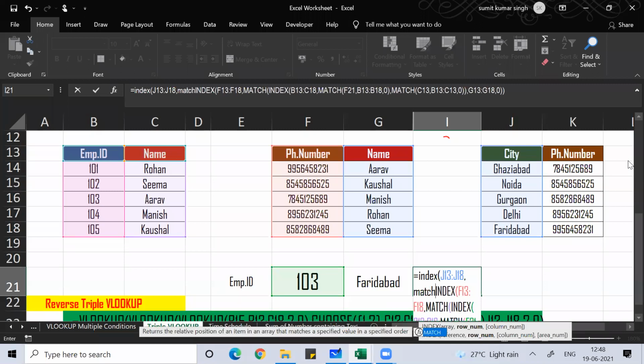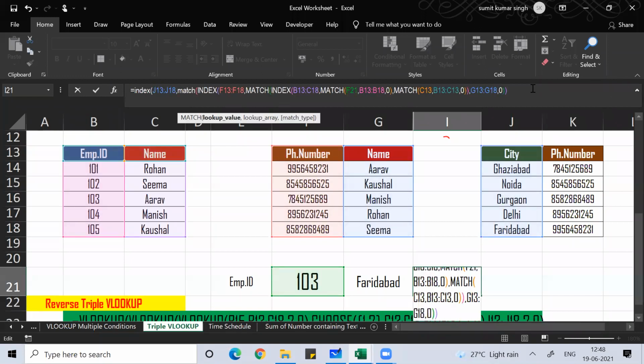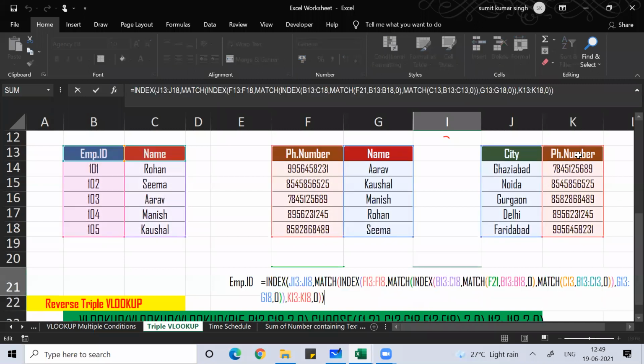Under that, this would be your lookup value, comma. Where are you looking for it? In this, comma zero. So you got the row number and then you close it. And you got the city, Faridabad.